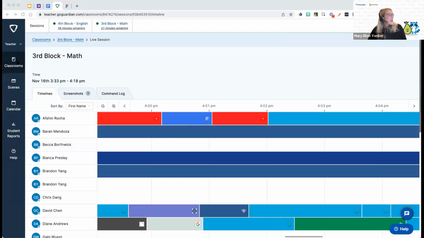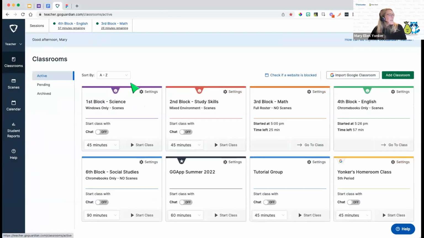All right. Now, we do have a little bit more time left, so I would love to show you one of my very favorite features. It kind of came to mind when that person was talking about looking for test fidelity, making sure students stayed on that testing website, stayed on the website they needed to be on for testing. You do have the ability